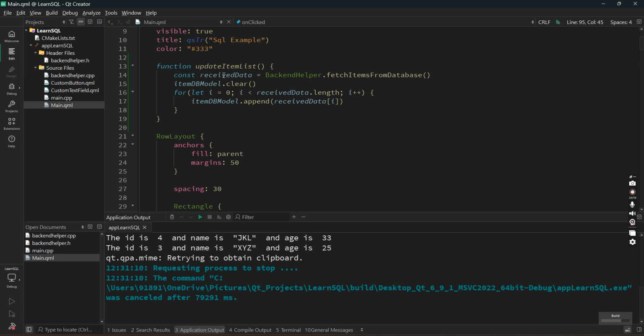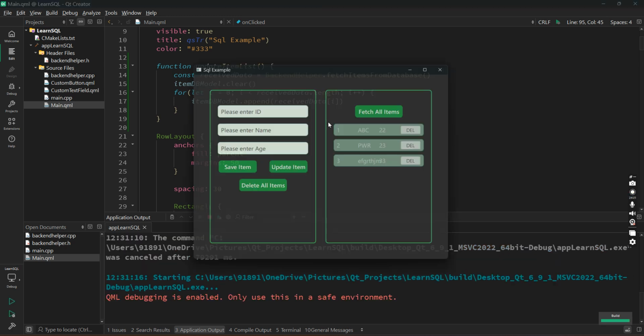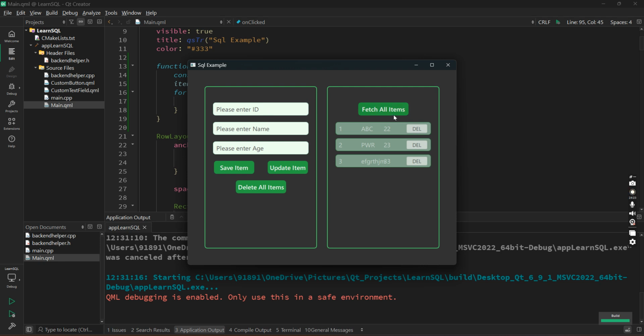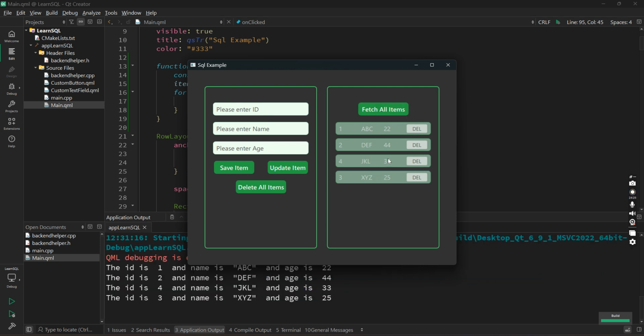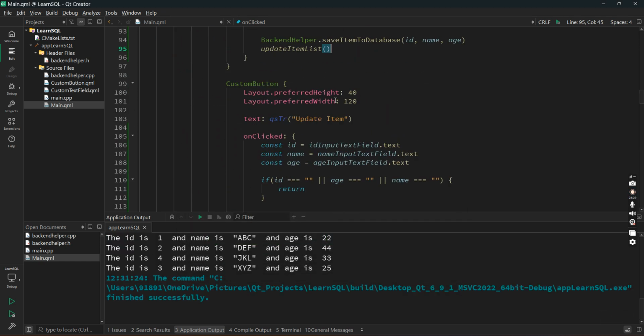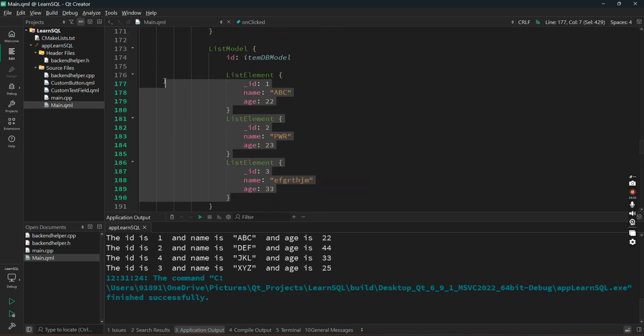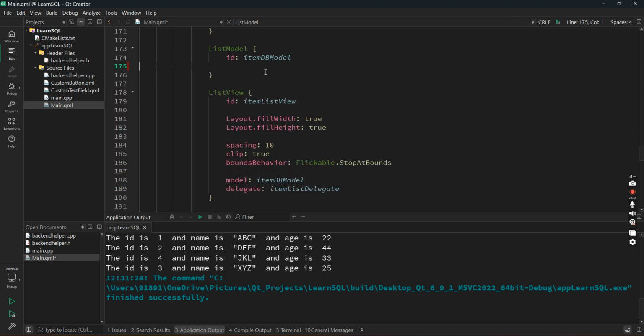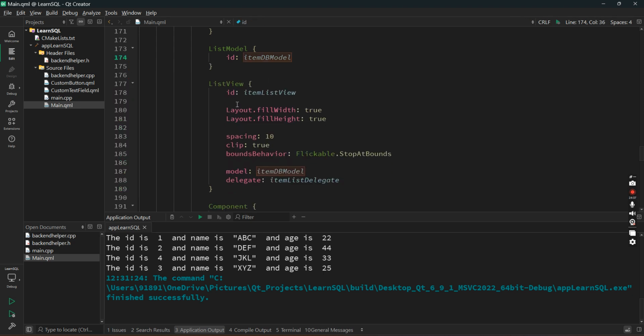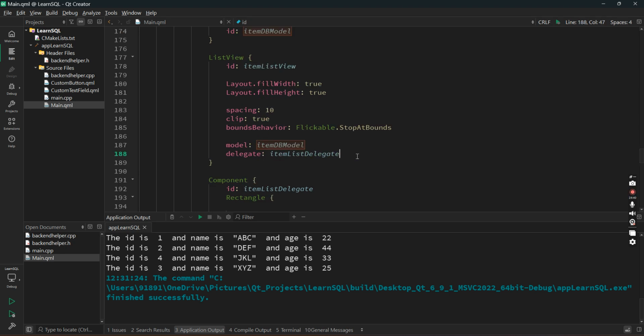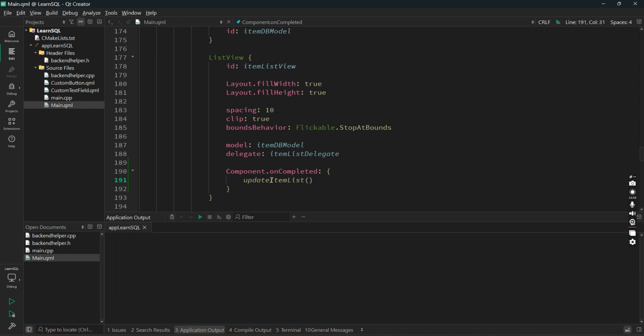Every time you are calling this method, you are updating the list, right? So let's click on fetch all items, right? In fact, this should be the first thing, right? Let's do that also. Let's remove these 3 elements. So initially this is empty, and here let's add component.onCompleted. Call that method. So whenever the list view is visible, whenever the window is visible, you call this method,